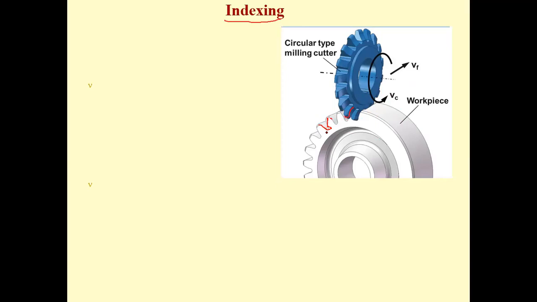So first, they're removing the material in this gap. Then next, it is removing in this gap. Then it is coming and removing in this gap. Similarly, it's going to be removed in this gap, right? So like this, it's going to remove the material. When we are removing the material, after completion of removing the material on the entire surface, finally you're going to get the gear.